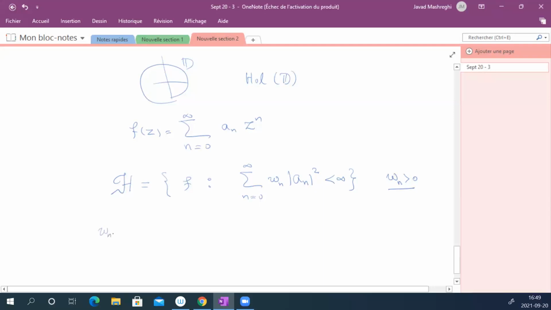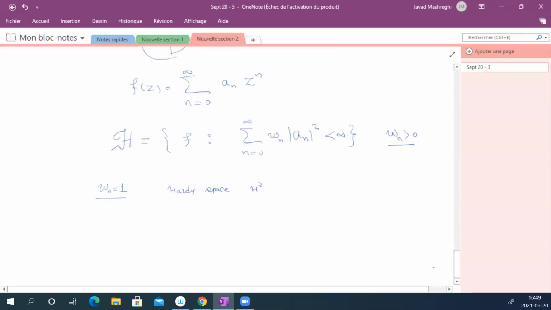If omega_n is equal to 1, we obtain the classical Hardy space, which we denote by H2. If omega_n is equal to n plus 1, we obtain the Dirichlet space, and the notation is D. And finally, if omega_n is 1 over n plus 1, that's the classical